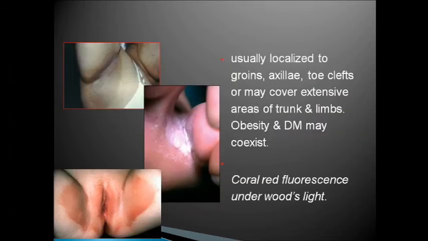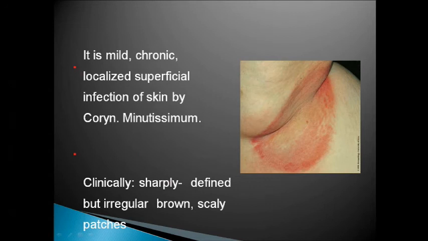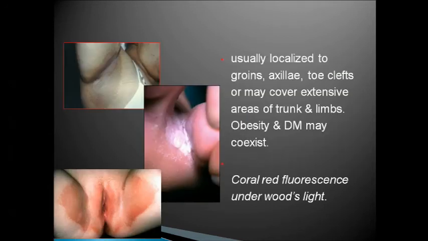Now, important point about your Corynebacterium infection is, usually it is confined to the intertriginous parts. So in the axilla, in the groin, buttocks, inframammary area. So all folding skin parts will be the most commonly involved, and any topical antibiotics applied to these infections can heal it easily, because it is very superficial.